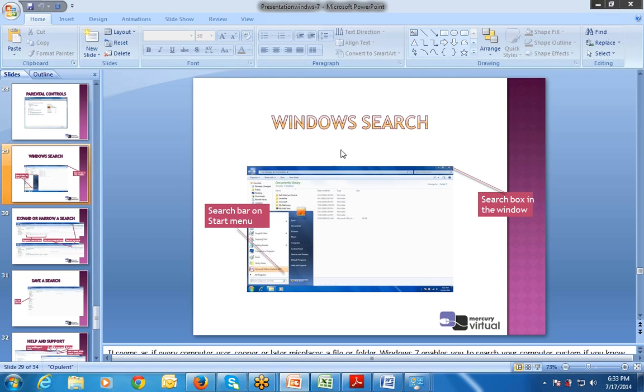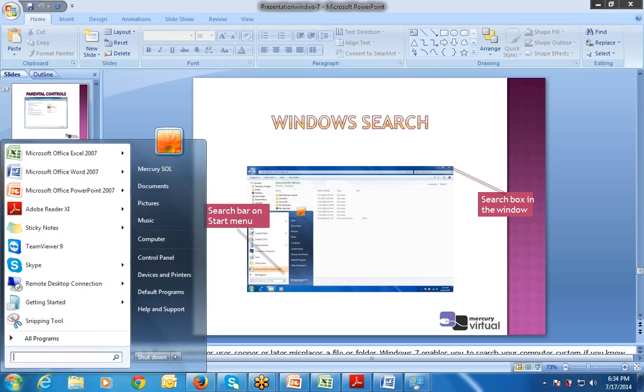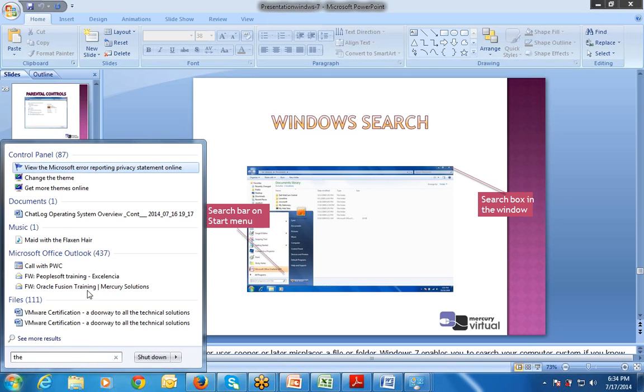Then the next slide is Windows search. You can search anything from the search button. As I told you in the earlier phase, you can search any file. For example, if I saved a file yesterday but forgot the location where I saved it, I can search from the Windows search button, this one. If I search a word, all the sentences that contain the word will come here. Like view, the change word is coming. So this is the searching.